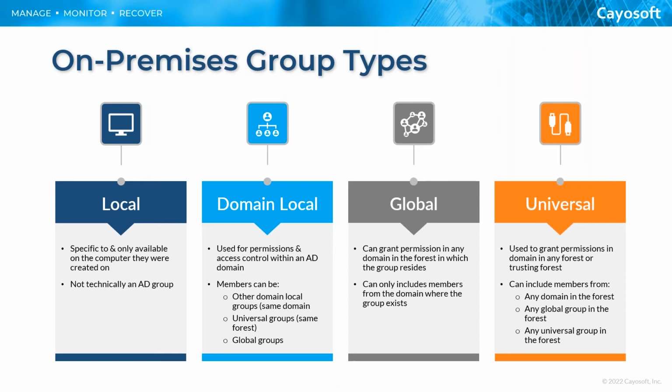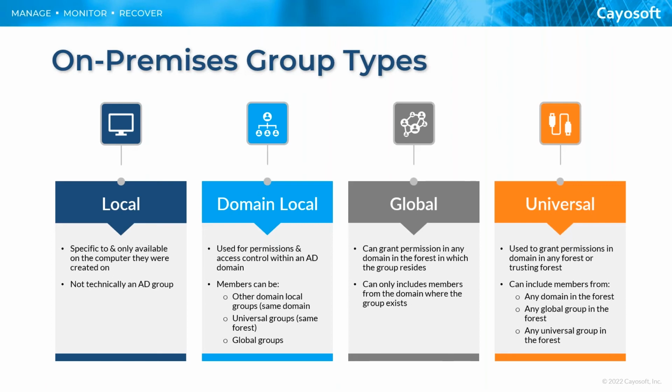The first type of group, and I'm talking about on-premises groups on this slide, by the way, that you need to know about is a local group. Now, technically, a local group has absolutely nothing to do with Active Directory. Let's say you've got a standalone Windows 10 or Windows 11 PC. You can actually go in on that PC and create a group without that computer even having to be connected to a network if you don't want it to be. And you can use that group to control access to resources on that machine. So that's what local groups are all about.